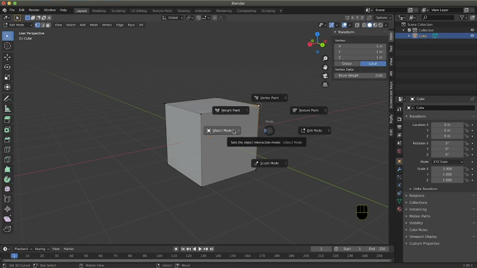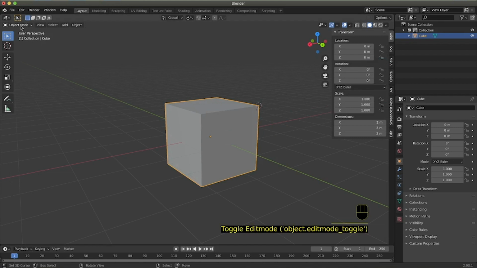You change modes by pressing Tab or using this inspector window, so you can go into object mode, edit mode, sculpt mode, and so on. I deselect my cube, and so we learn how to deselect.